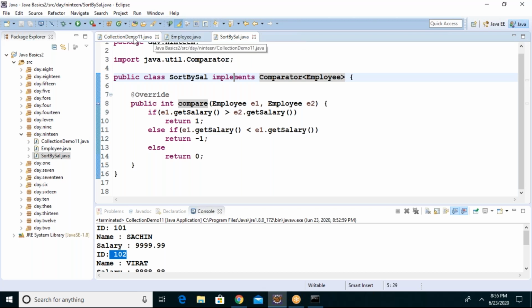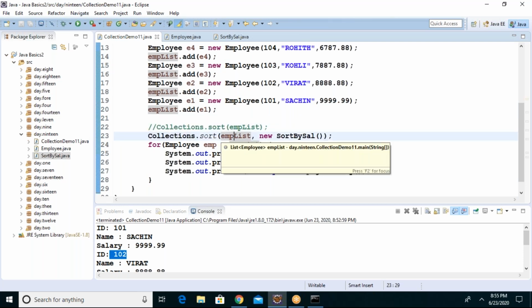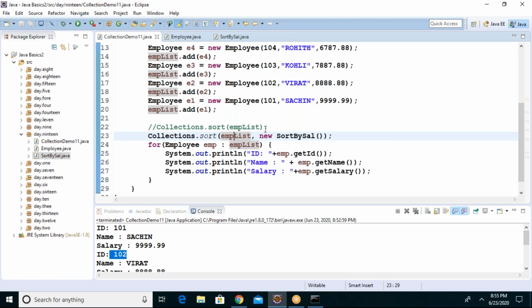I don't think it will work in that way, because it will sort with the name. Then again, if you perform separate sorting, then it will go directly to salary. In the sort by name, it won't do that. Okay.